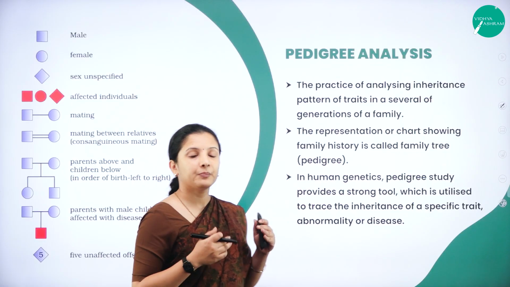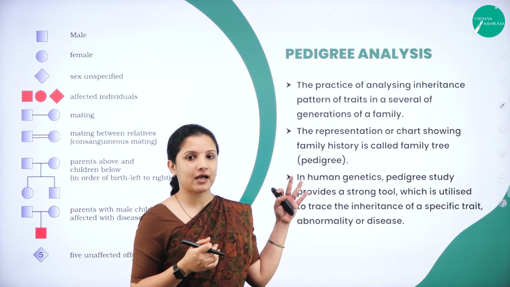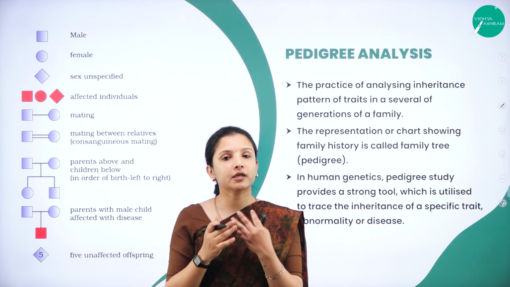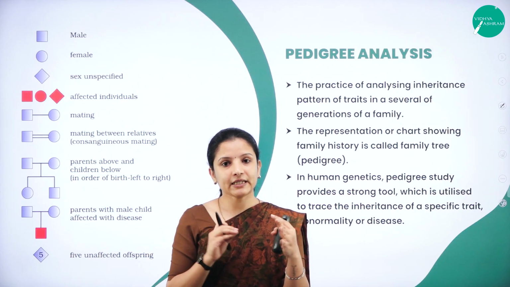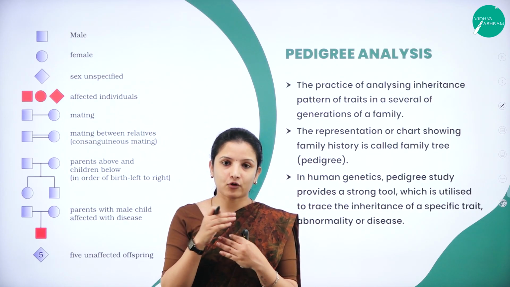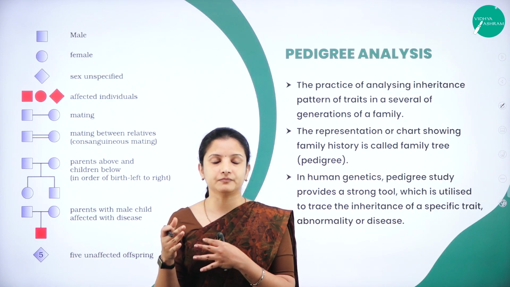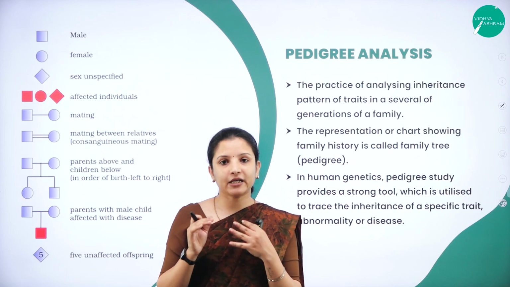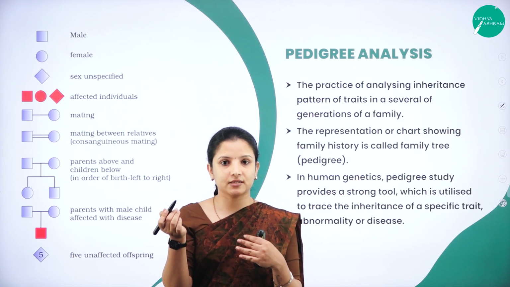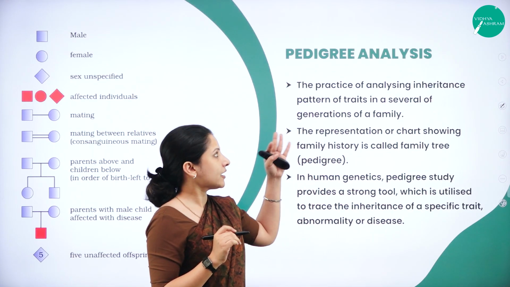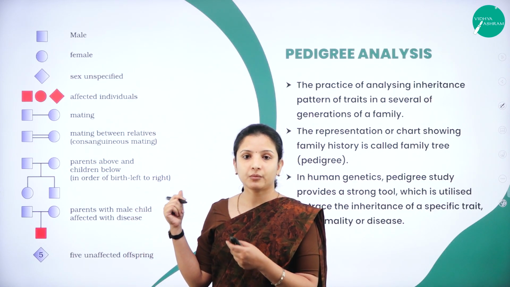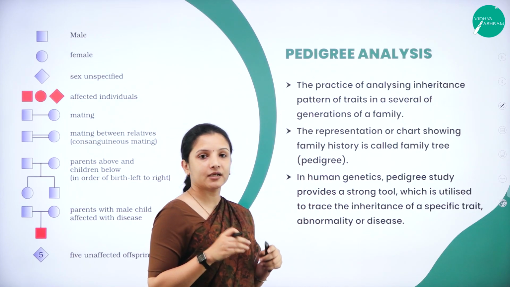So next, moving to pedigree analysis. What is pedigree analysis? Pedigree analysis is nothing but to analyze. You might have heard about proofreading. You write an essay and you want to know what mistakes you have made. You take that sheet to a proofreader and ask him to check the mistakes and let you know. That proofreader will use certain symbols which depict the mistakes. Just like that, in pedigree analysis also, certain symbols are used. Before moving on to the symbols, we shall see what pedigree analysis is.